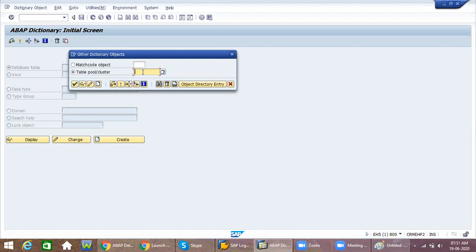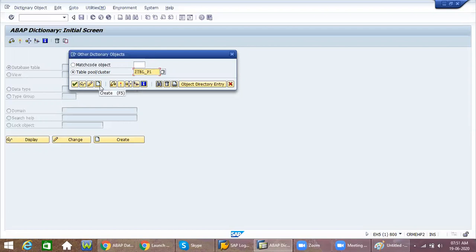Here also you can provide naming standards starting with Z or Y. Now I'm creating Z table underscore p1, the first pool I'm creating. Click on the create button.